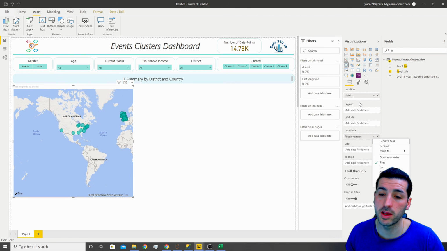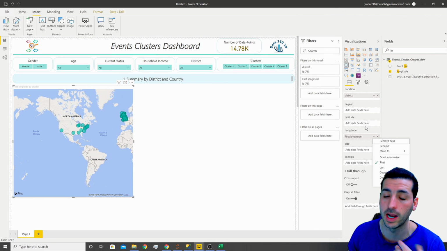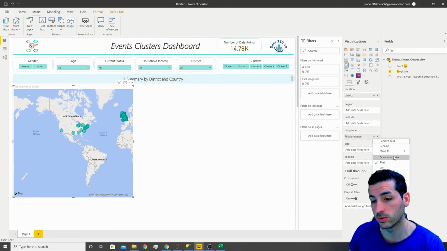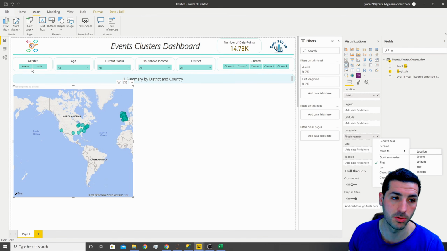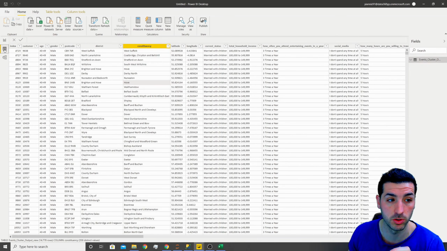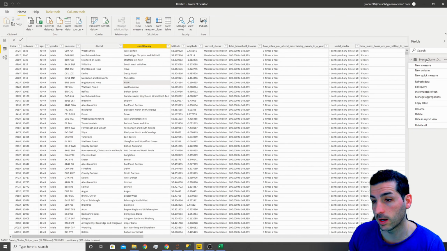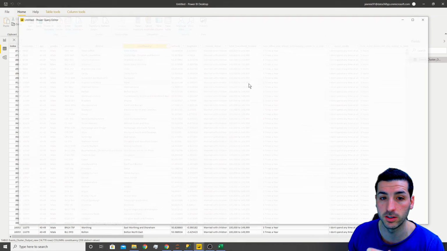because in Power BI, if you use the location and then you also want to use long and lat, you actually have to turn your long and lat to be the averages. But because Power BI did not bring long and lat as a float or as a decimal with decimal places, then we need to go back and change this. So we need to go back to data. We need to right click on our table, go into edit query,